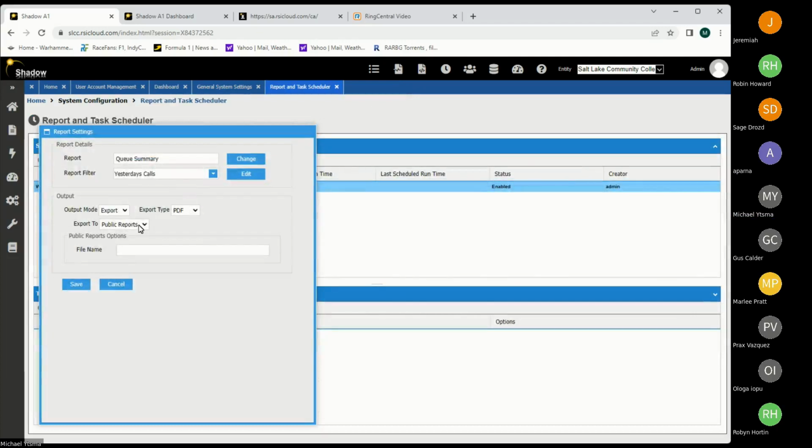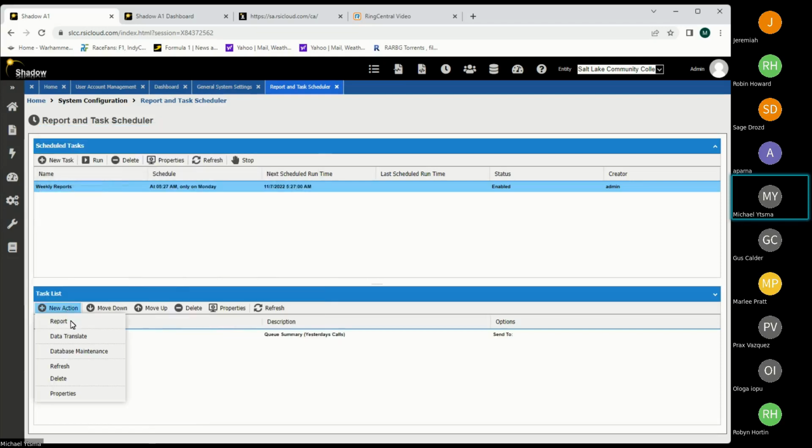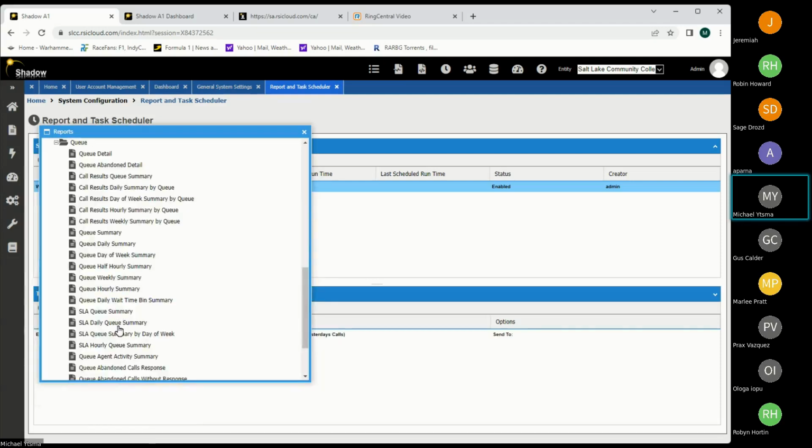So yeah, it's just a matter of then picking your options for the email. If you select multiple email addresses, you just have to put a comma or a semicolon. Either option would work between the email addresses there. And then you just hit save, and then under new action report, basically you can go back and add another